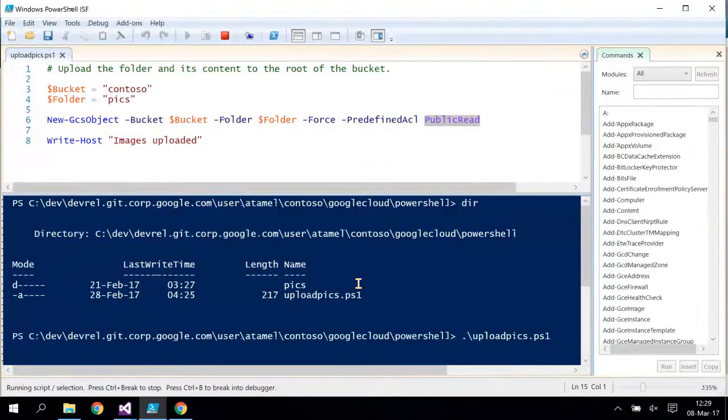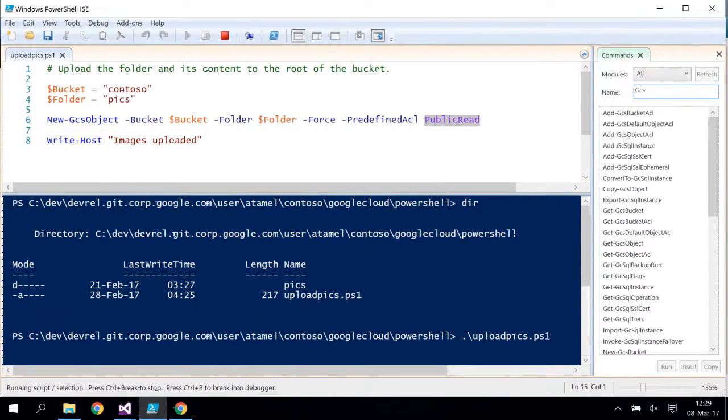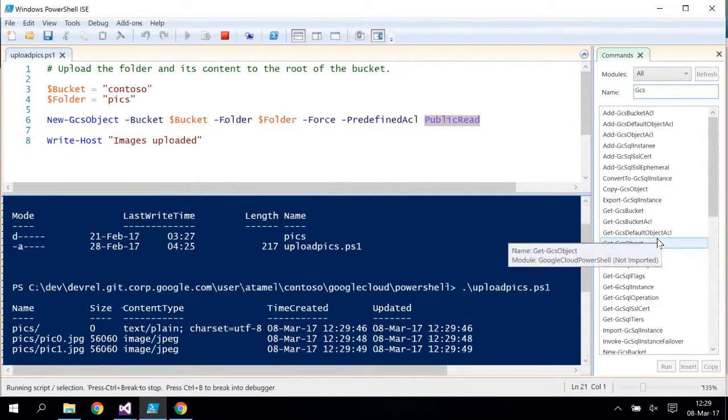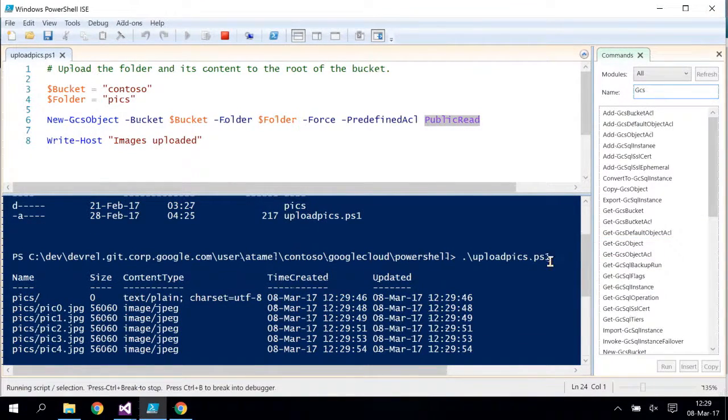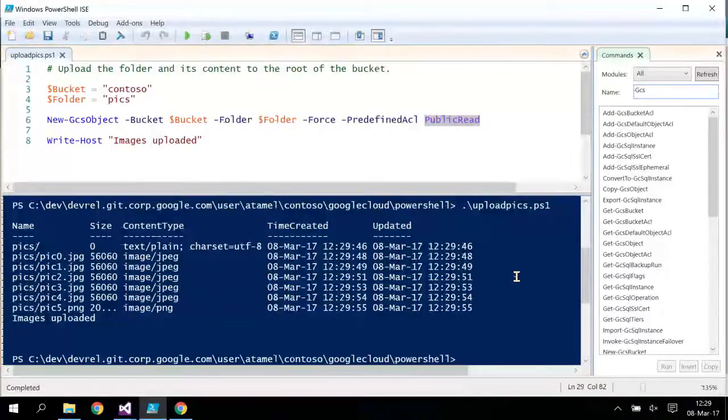As this is working, I can show you there's a bunch of other commandlets, like add GCS bucket, add GCS object. These are all Google Cloud PowerShell commandlets that you can use in your scripting. As you can see, it's already looking at the images and uploading them.